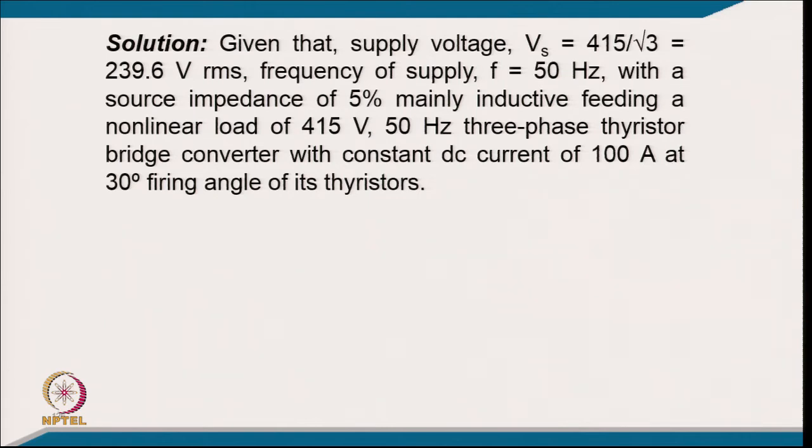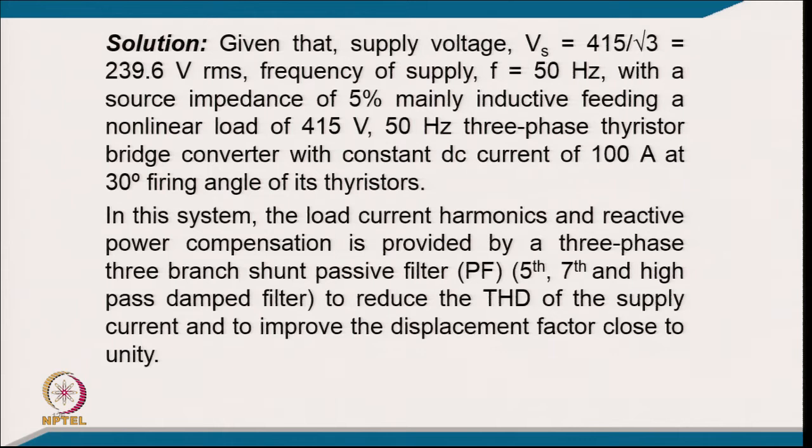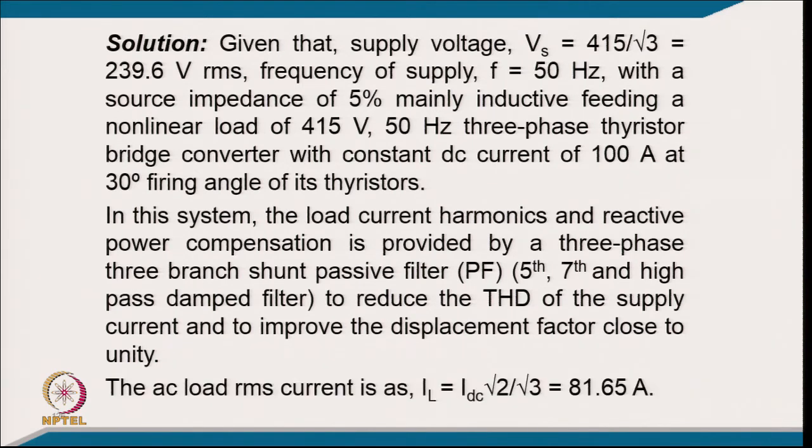and frequency of supply 50 hertz with a source impedance of 5%, mainly inductive, feeding a non-linear load of 415 volt 50 hertz 3 phase thyristor bridge converter with constant DC current of 100 ampere at 30° fire angle. In this system, the load current harmonics and reactive power compensation are provided by the 3 phase 3 branch shunt passive filter, 5th, 7th and high pass damped filter, to reduce the THD of supply current and to improve the displacement factor close to unity. The AC load RMS current is equal to IL equal to IDC into root 2 by 3,